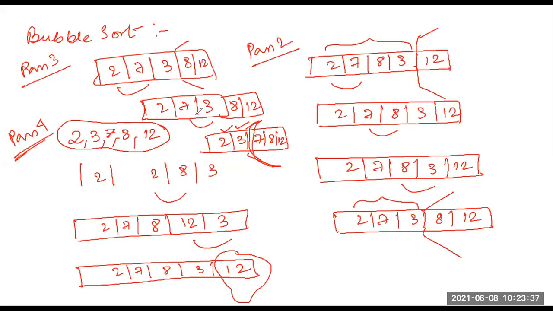That is, you compare each and every pair of elements in your array and try to find the proper location for that element. The elements which are sorted in the successive passes are not taken into consideration in the next pass, and we consider the rest of the elements which are not sorted. Is this concept clear to you? Bubble sort concept, yes or no? Yes, ma'am.